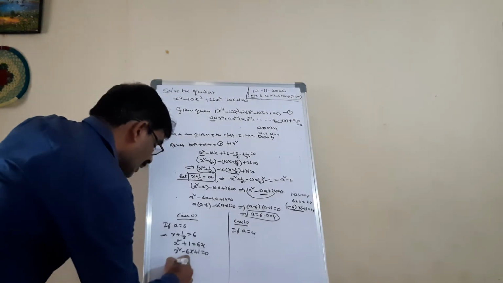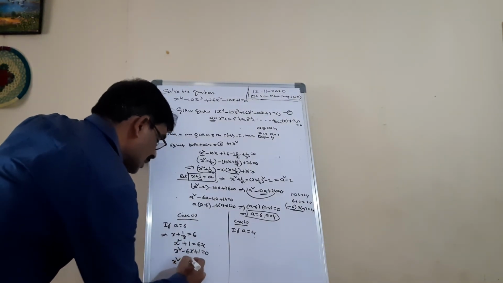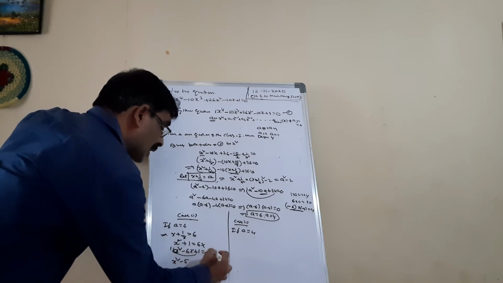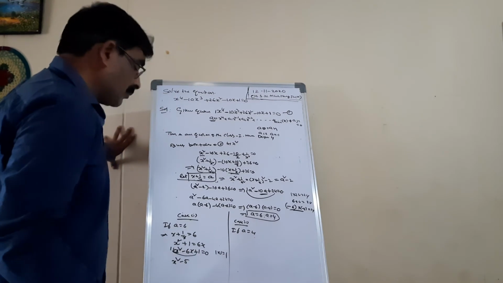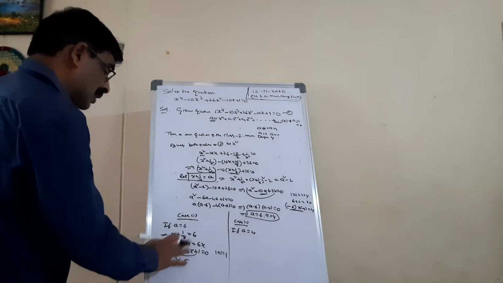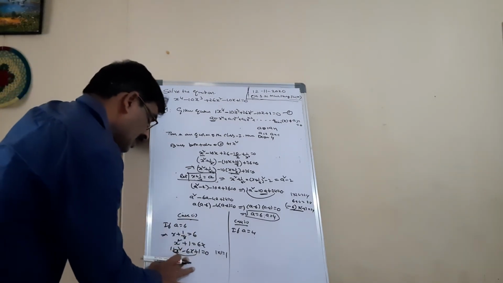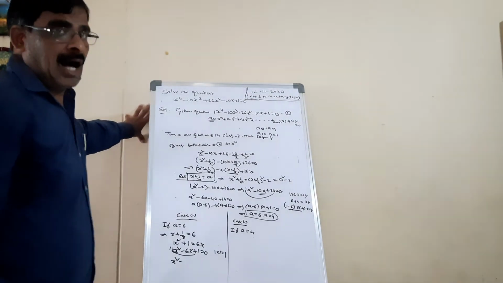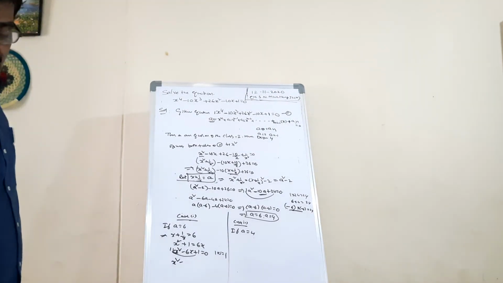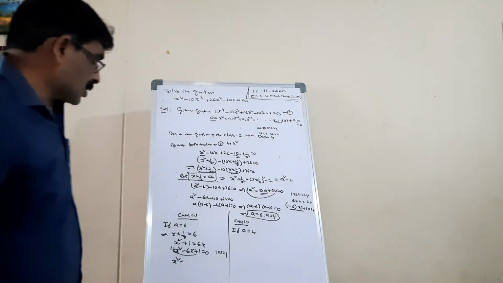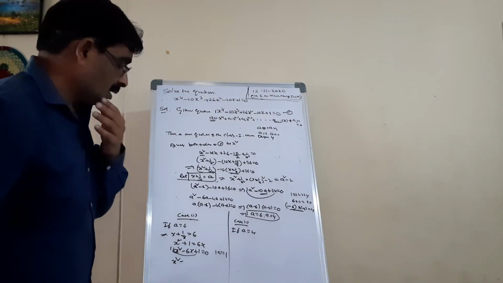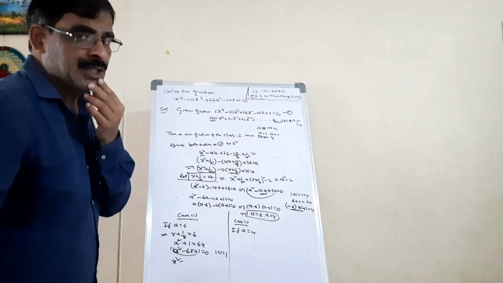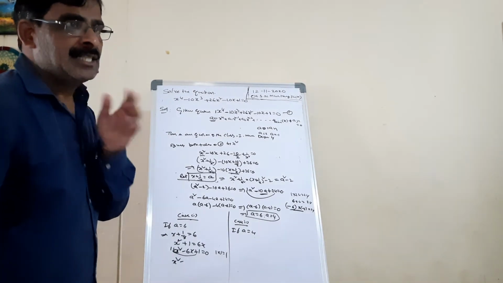So you can write x square minus 6x plus 1. What are the roots? 1 into 1. We have to find the factors of 1. See, we want 6. How can you find the 6? See, we have no direct factors. 1 into 1 equal to 1. There are no roots directly, so you can apply the formula.